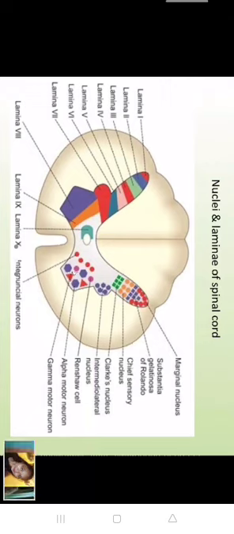And here you see, this is the motor. Sensory. These are the sensory nucleus. Posterior gray horn is sensory nucleus. And see, in the anterior horn the nuclei are all motor neurons. Larger neurons, the larger blue color neurons, are called alpha motor neurons. Their axons are long. They supply the extrafusal fiber. And this red one, they are gamma motor neurons.